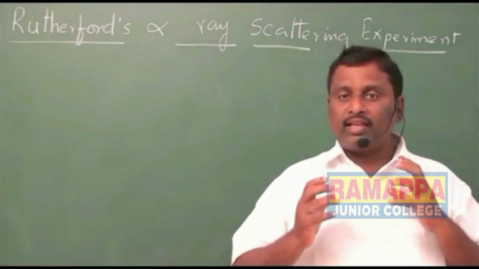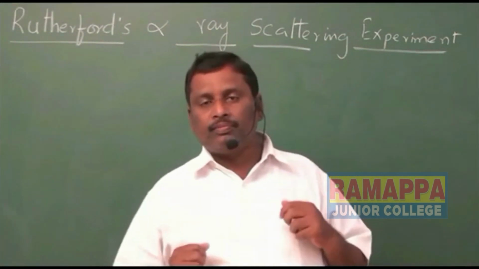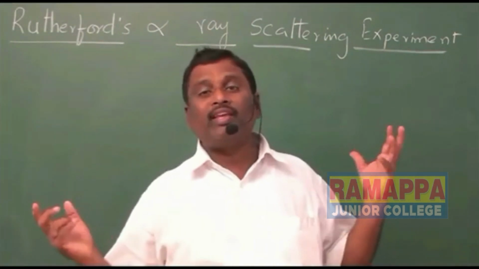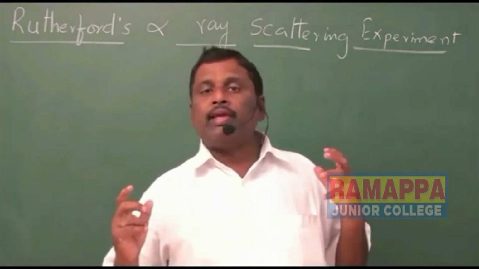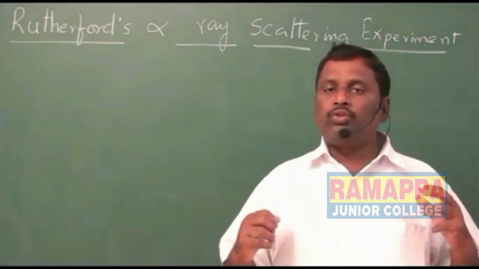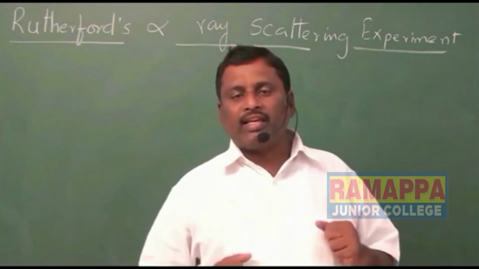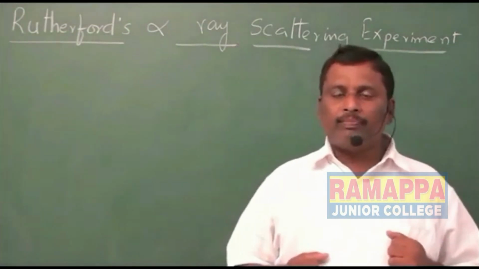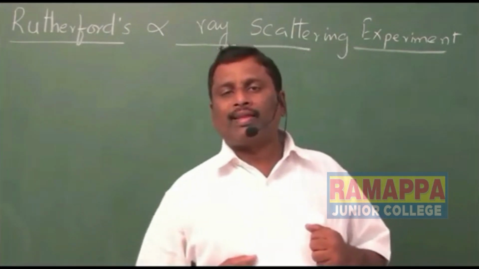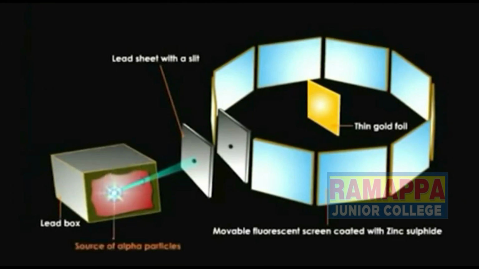To find the secret behind the arrangement of these particles in an atom, many scientists conducted many experiments, but a successful experiment was conducted by Ernest Rutherford. In this experiment, Rutherford took a radioactive element, radium, as a source of alpha particles. This radioactive element was kept in a lead box, and the alpha particles emitted from it were allowed